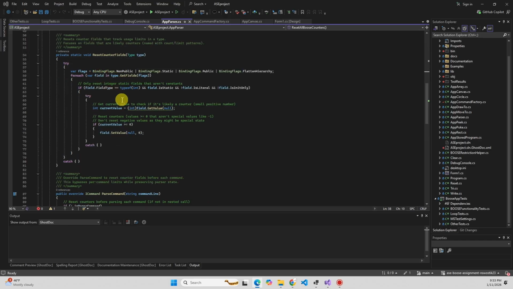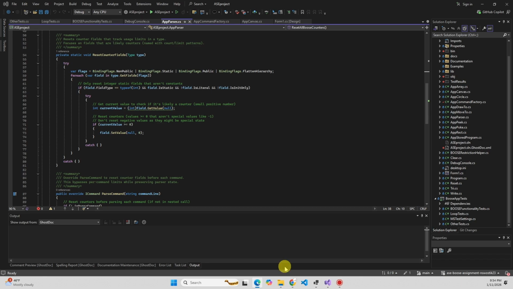Used a flag and the reset counter has been set to null. So the same strategy has been used for real, in which Boost limits the real to 3, but what we have done is